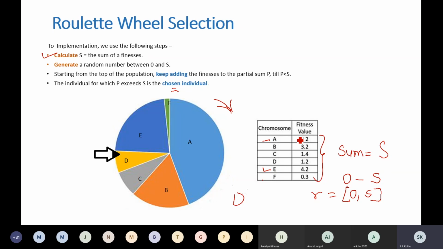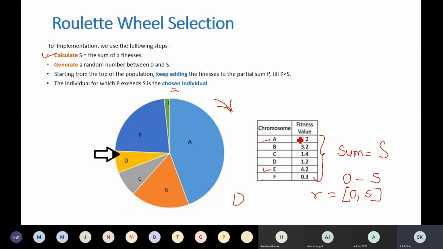While P is less than S, continue; the individual for which P exceeds S is chosen. That is equivalent to rotating the wheel, which stops somewhere, and you select that individual.